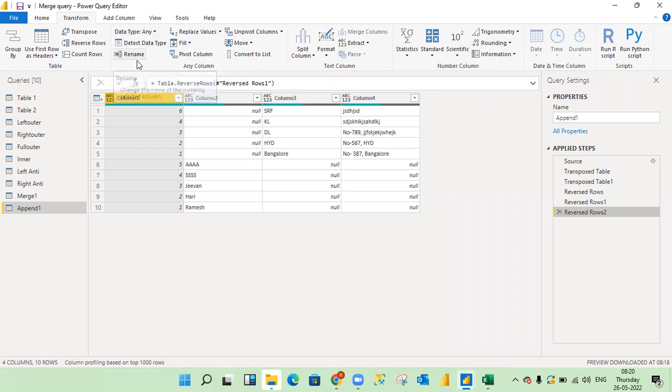Rename. If you want to rename a particular column, we can rename it. Replace values, already we have seen. Fill option we have seen, pivot columns. I mean, pivot columns means columns to rows conversion, like that. Unpivot columns we have seen, and move. If you want to move a particular column to a different position in the table, if you mouse over, you can see the message showing. Already we have seen, like if you want to move a particular column from one place to another place, we can move it. Convert to list,